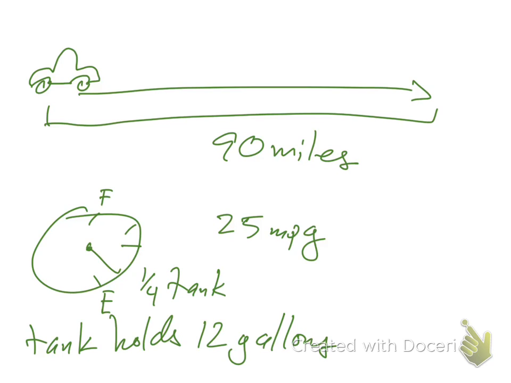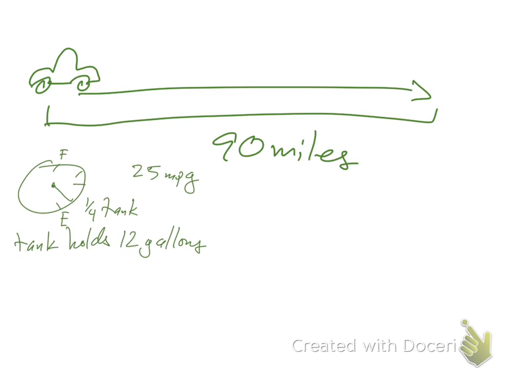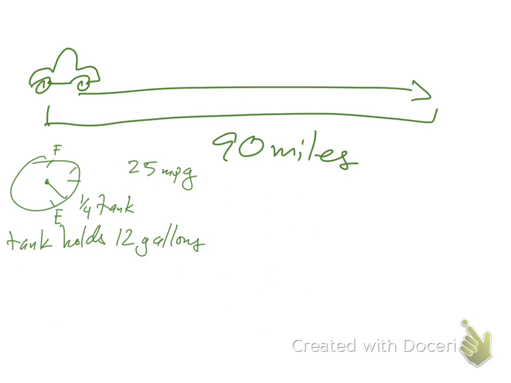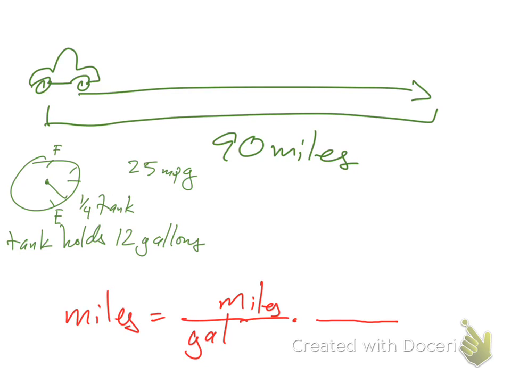And so what I need to do is I need to take the various quantities I have here and combine them into a single conversion factor. So we're just going to move that over there, and I'm going to grab a different color. Let's try red. So here's what I'm interested in. I want to know how many miles I can go. So I know I've got one fraction that refers to miles per gallon, and then I've got a fraction that represents how many gallons are in a tank of gas, and then I know that I have 1/4